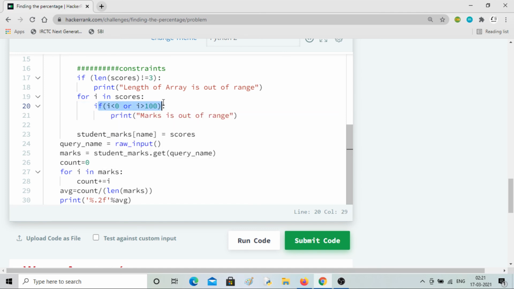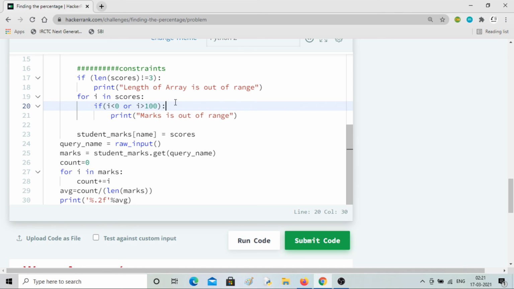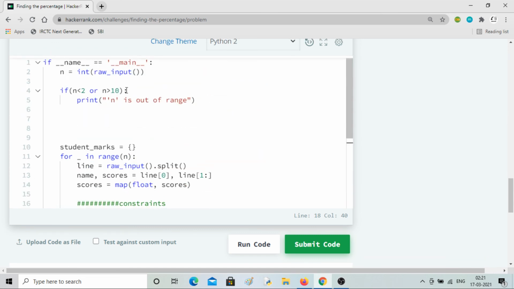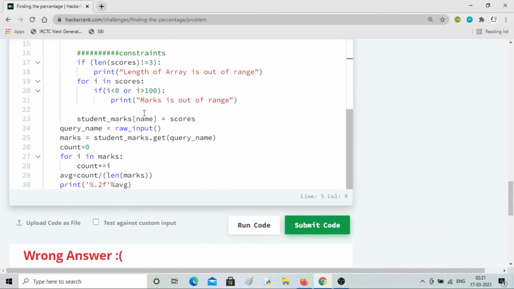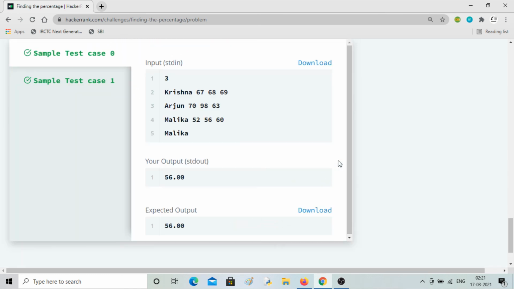For each entry it will check whether it is between 0 and 100. If it is, it's fine and it goes to the next value; else it prints: marks is out of range. So that is one constraint, this is the length constraint, and this is the value of n constraint. We are not printing anything else, so it should work like before, no issues.